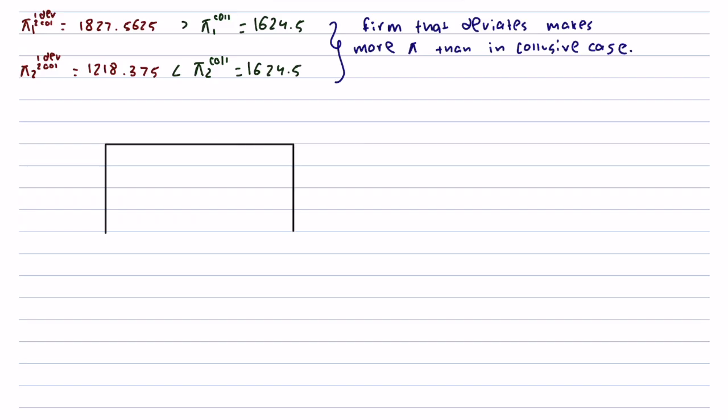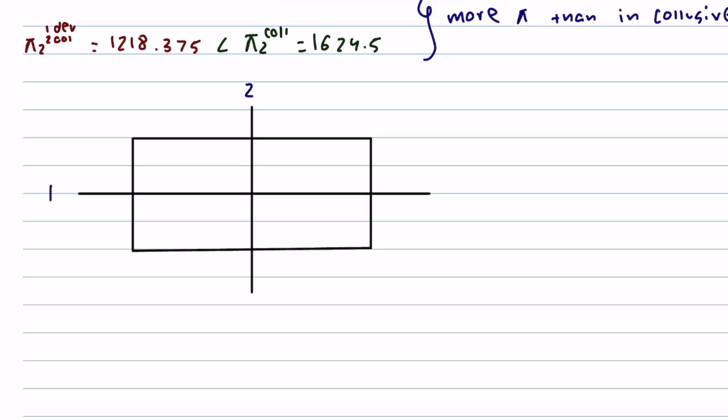And so we know that collusion is not a Nash equilibrium because there will be a firm that has an incentive to deviate because they can make more money, right? So let's show this in a game matrix, right? We have this 4x4 matrix. We'll put firm 1 on the x-axis and we'll put firm 2 on the y-axis, right? We'll put BRF